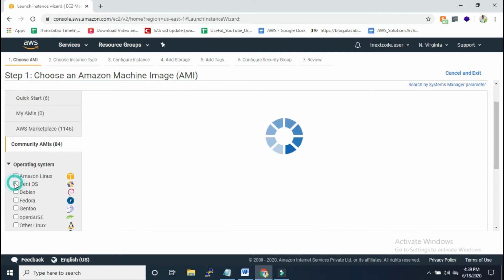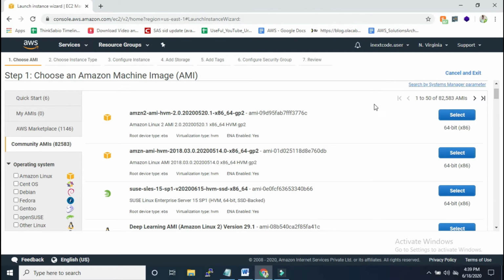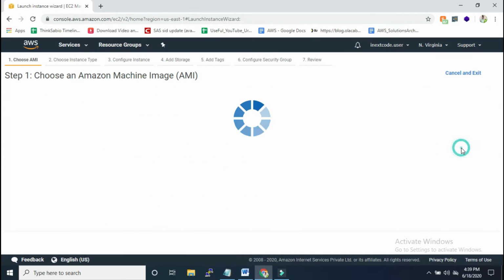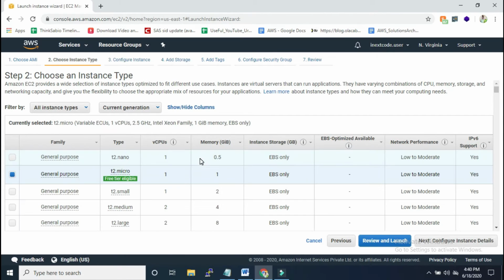Let's go back to the Linux. Amazon Machine Image, click on select. The next step is to select the processors. As you know, the main important component for servers is the processors.